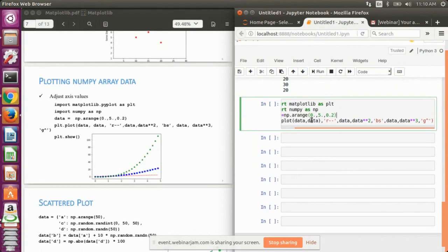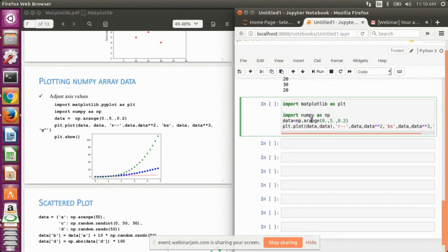Now first, let me import matplotlib inline. Okay.